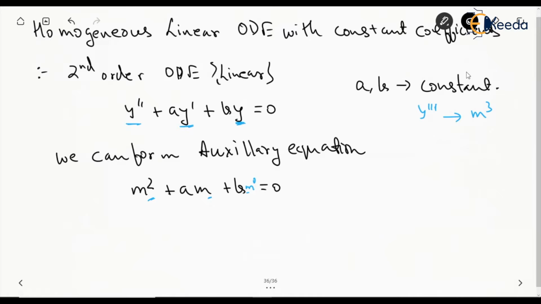Now we can solve this and find the roots. Let's say we will have lambda 1 and lambda 2. Had it been a higher order, let's say third order, fourth order, then we will have 3, 4 and more roots like that. So there are different cases for these roots, and as per that we will have the homogeneous solutions or the general solutions.